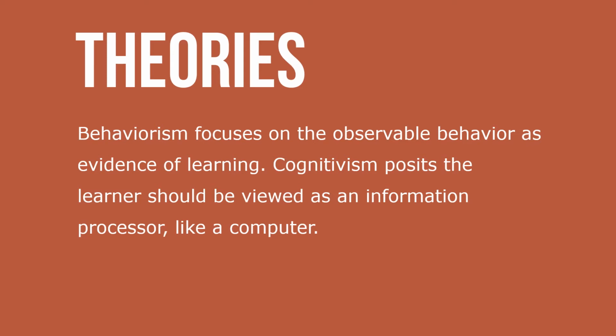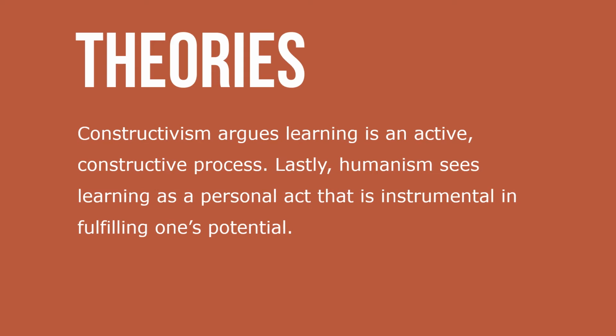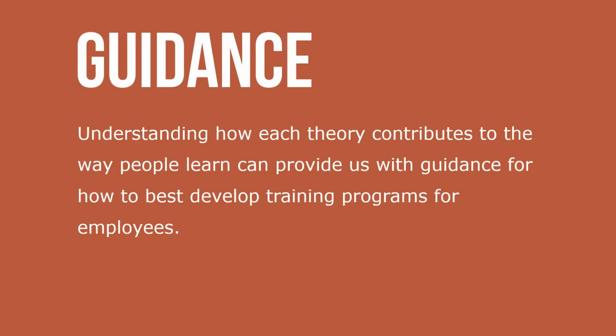Behavioralism focuses on the observable behavior as evidence of learning, while cognitivism says that the learner should be viewed as an information processor like a computer. Constructivism argues that learning is an active, constructive process. Lastly, humanism sees the learning as a personal act and is instrumental in fulfilling one's potential. Understanding how each theory contributes to the way people learn can provide us with guidance for how to best develop